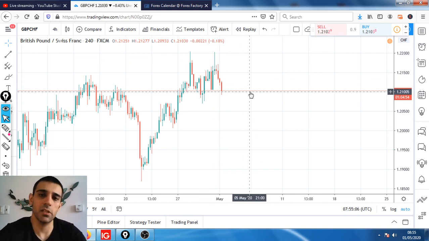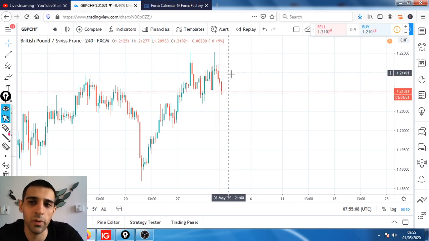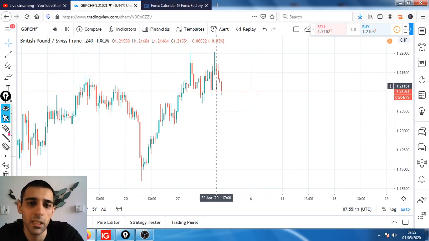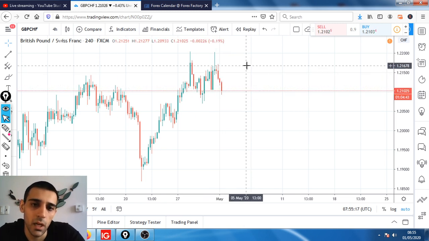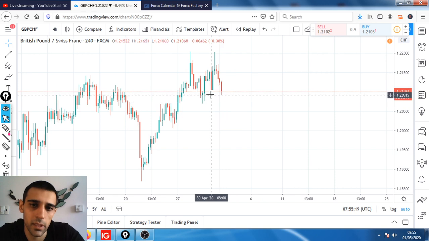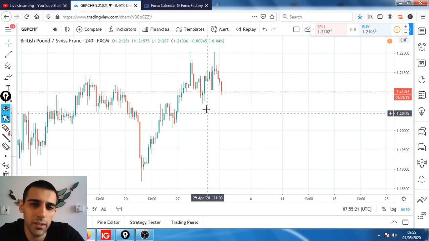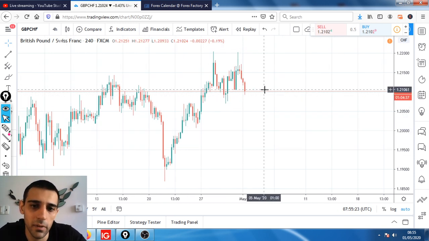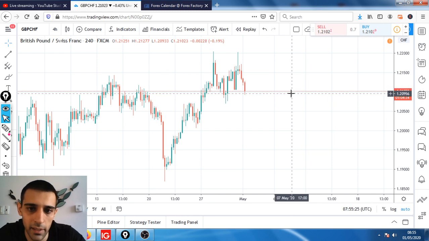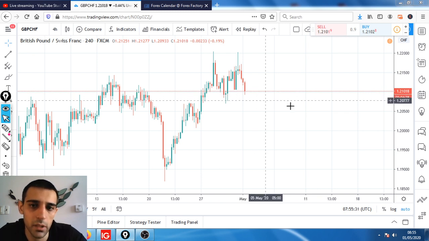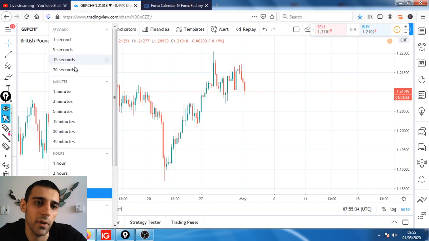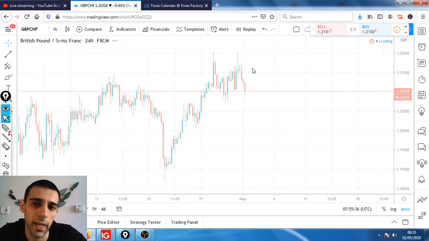But when it comes to something like euro dollar, if it's chopping around, you can only get like 10 pips out of it sometimes, which is not worth the trade. So on this one, the price is coming down. I do see that it can go up, even though this is choppy. Now it's coming down, it has already tested this low down here, and it's sitting on this support. So there's a good chance the price is going to have a reaction and go to the next possible high.